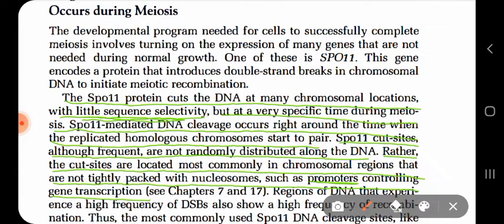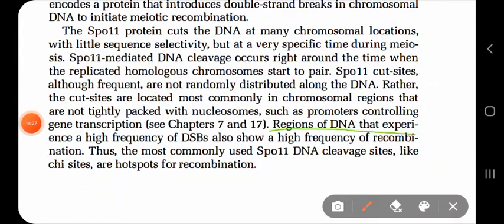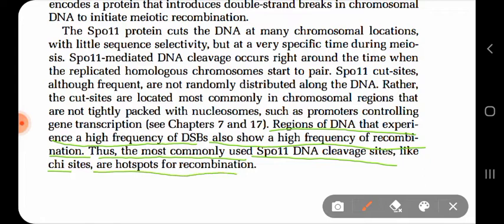These are the gene-activating areas, the euchromatin areas where the transcription process normally occurs. So at those sites SPO11 normally cleaves. Regions of DNA that experience a high frequency of double-stranded breaks also show a high frequency of recombination. So those areas which have more chance of double-stranded breaks are also where SPO11 cleaves. So the most commonly used SPO11 DNA cleavage sites, like the Chi sites, are the hotspots for the